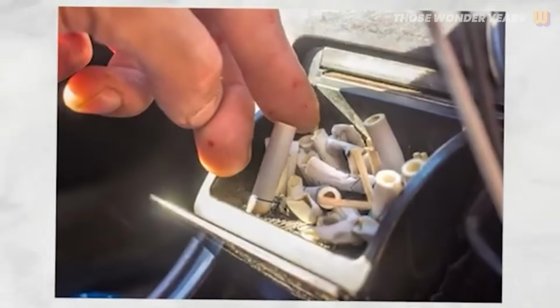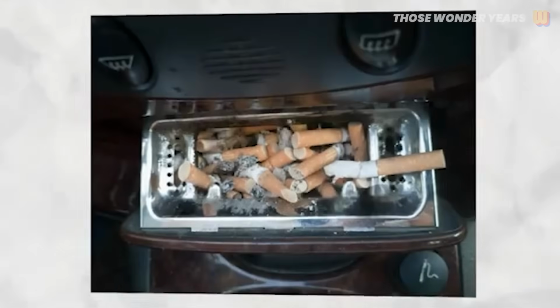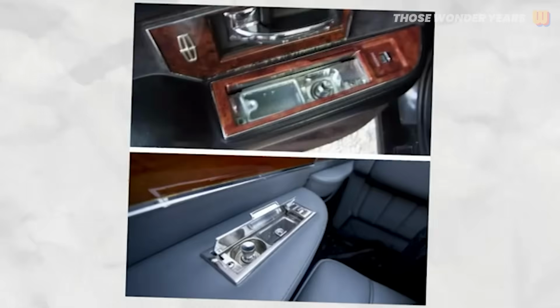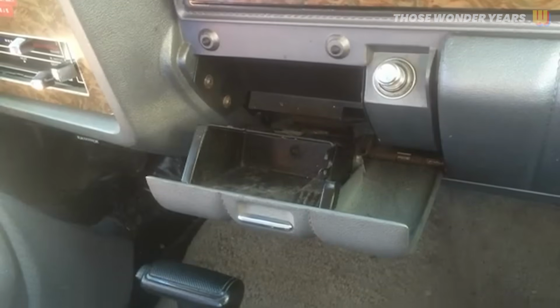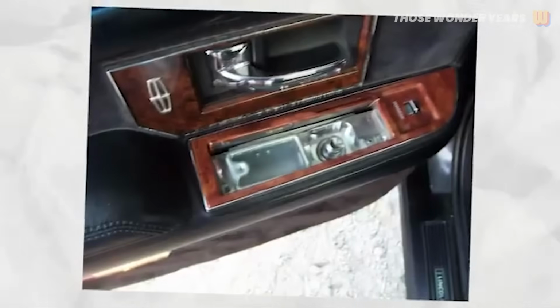Cigarette lighters, meanwhile, doubled as power sources for early car gadgets like portable fans and CB radios. As smoking rates declined and health awareness grew, these features disappeared from car designs. While their absence makes sense in today's cars, they remain a nostalgic reminder of a time when vehicles catered to an entirely different set of habits. Car